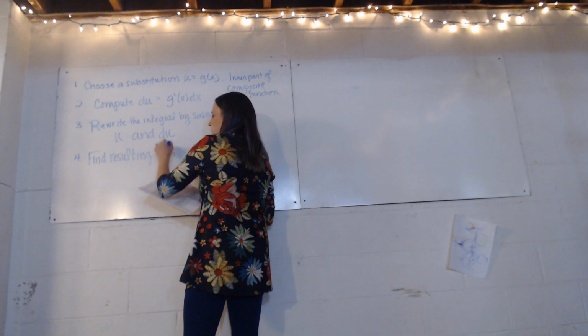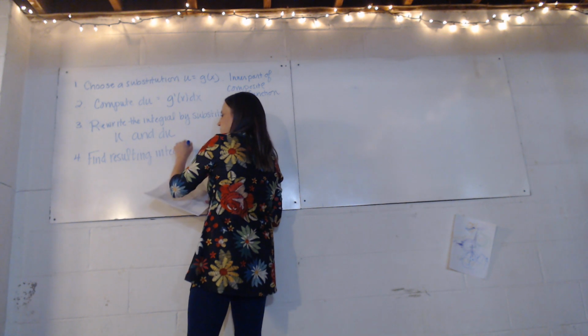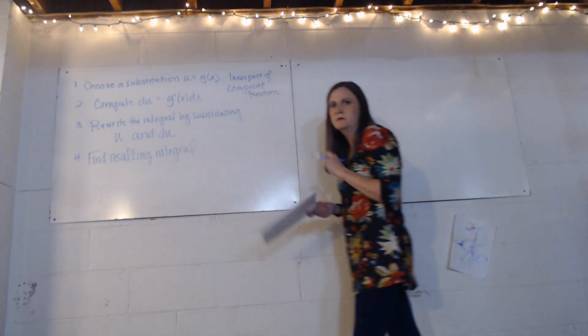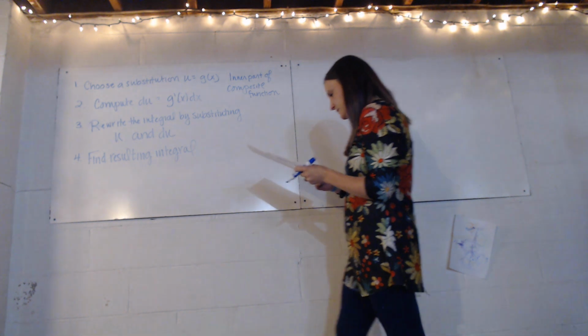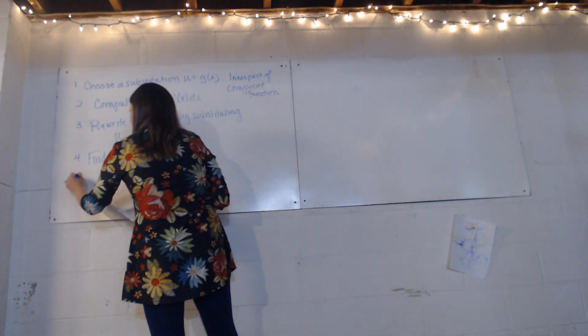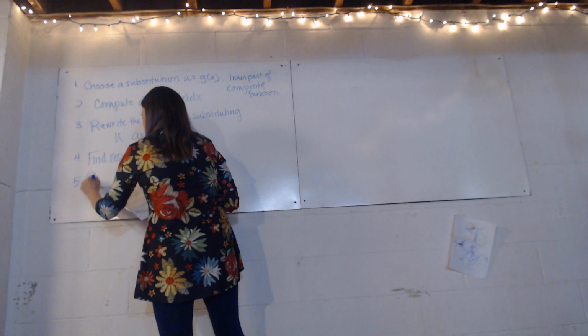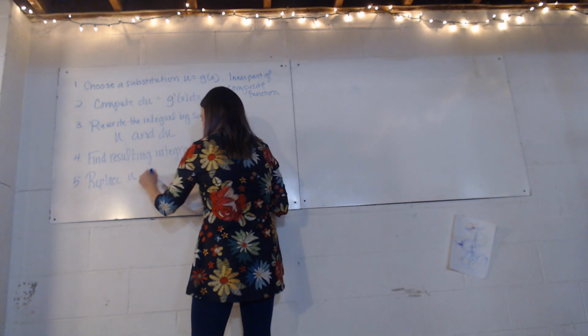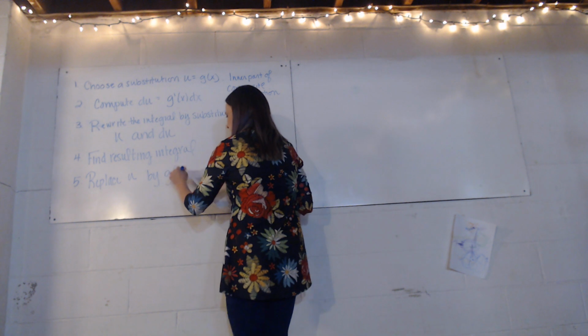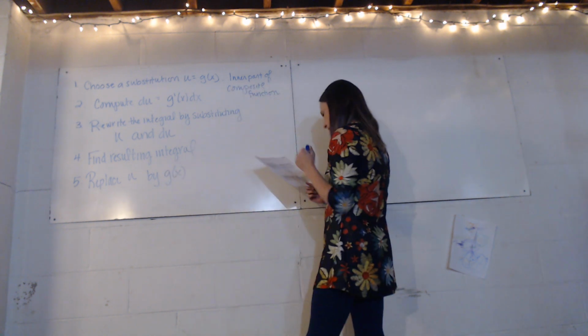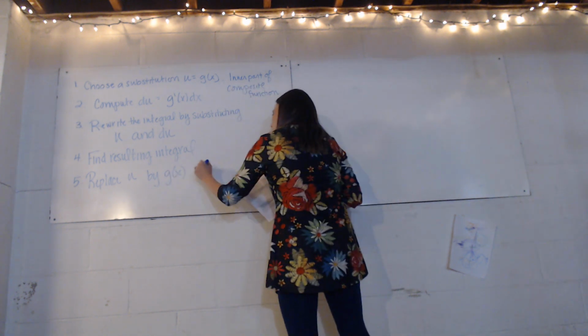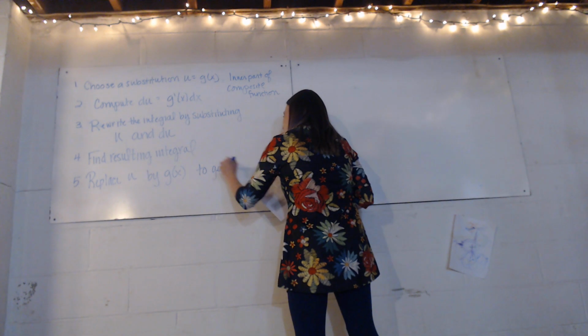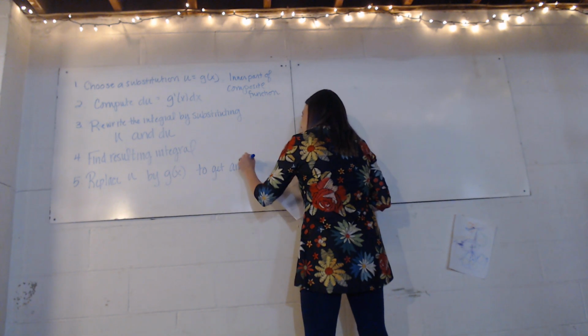You want to get it into a place where you can use either some of our basic trig stuff or the power rule to integrate. And then finally, once you have your integral, you replace that u by whatever you said g of x was to get it back sort of in its original formatting, to get your antiderivative